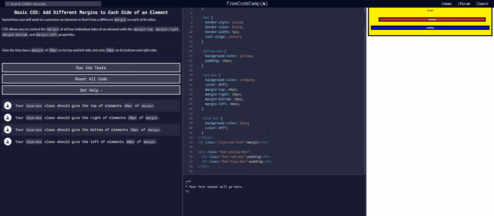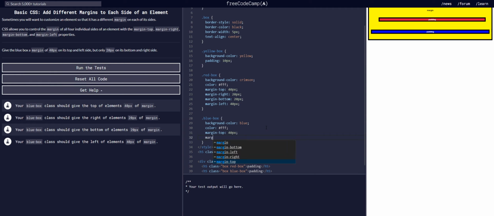Where's the blue box? So margin top is going to be 40 pixels. Margin,